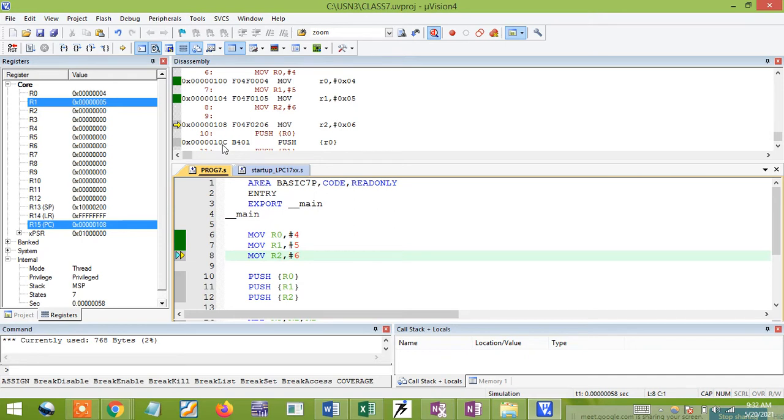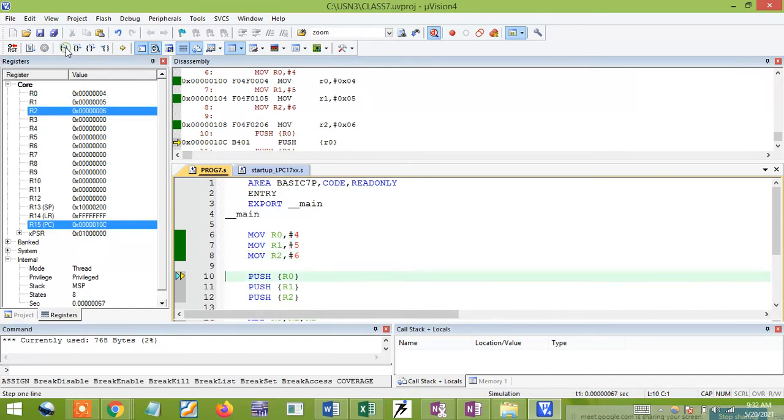So 10C. Now we can see my program counter will be updated; the value is 10C. At that time you can see 4, 5, 6 stored in my R0, R1, R2 values. Now carefully, I am looking for the push instruction. At that time you observe my stack pointer. The stack pointer right now is present at the address 1000200.